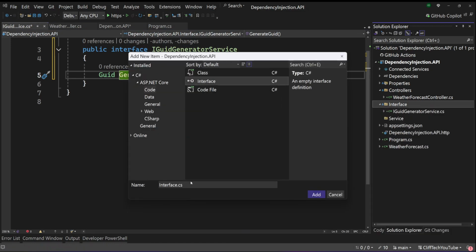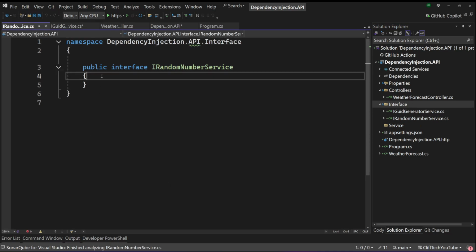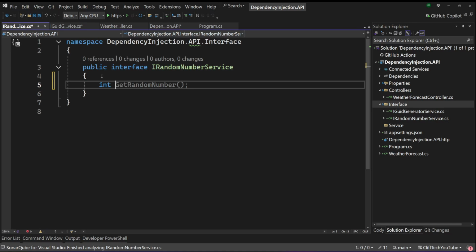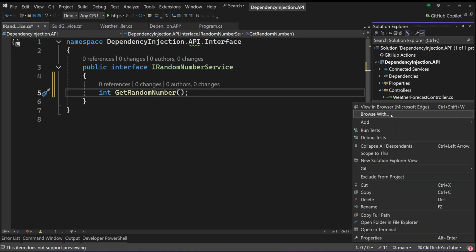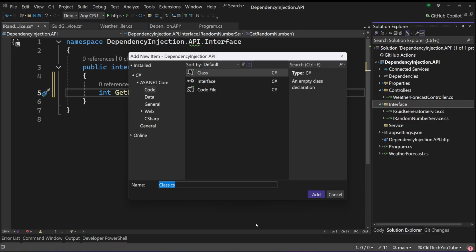Let's select this one and make sure this is an interface. We're going to call it random number service. This is also going to generate some kind of random number, so we say int GetRandomNumber. The next thing we want to do is create another interface called timestamp. It means that we're also going to generate a timestamp right here to see how these services work, or how this dependency